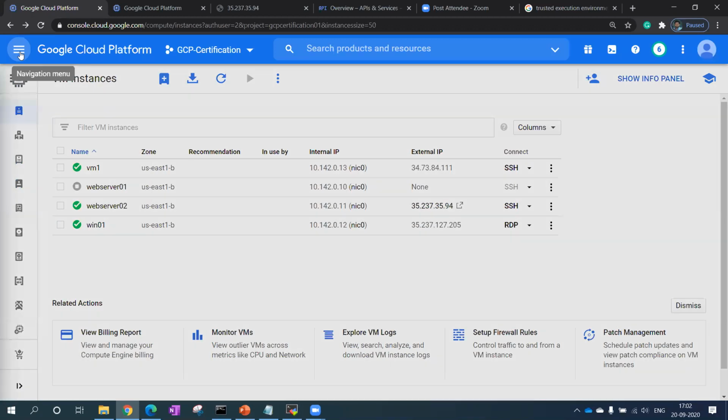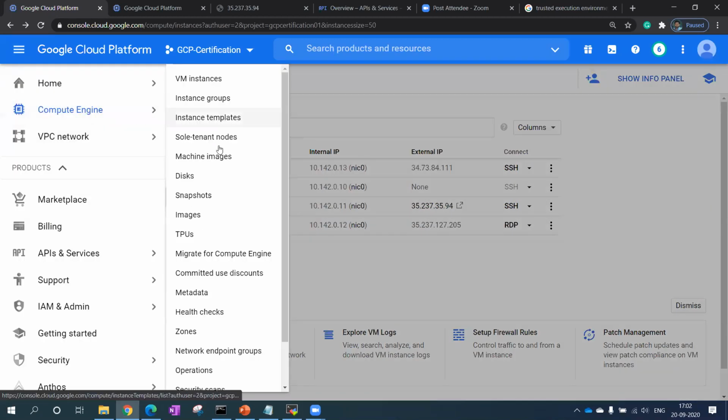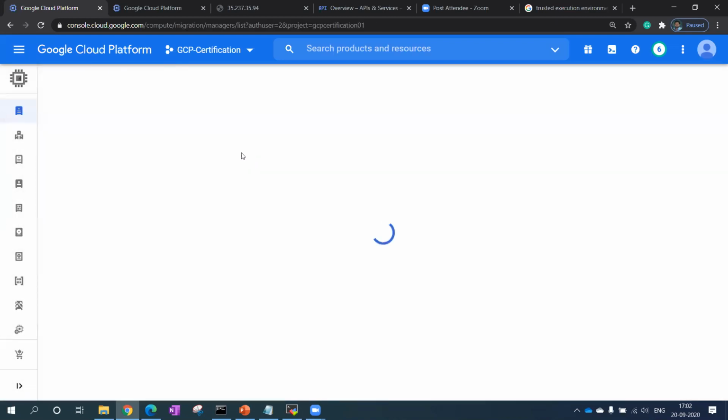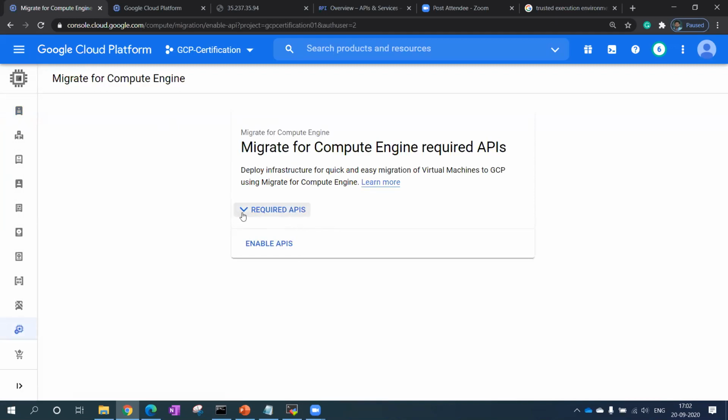And now let me show you something else. I have done this, the image. Now, Migrate to Compute Engine lets you migrate any VM from on-premise also. I haven't done any demo here, but I'm just going to show you. You just have to enable this API, and you can migrate any VM. There are some additional steps which I am not covering right now. This is just for VM migration. You can migrate any VM from VMware, Hyper-V, or Citrix as well.